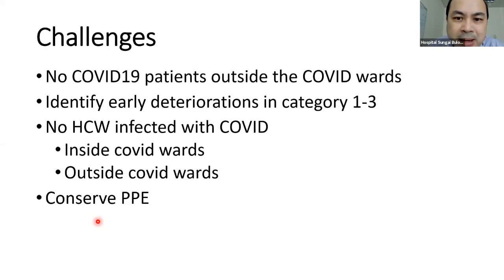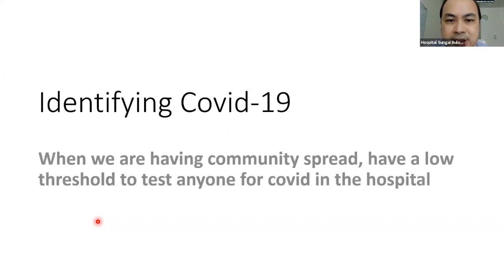So in order to ensure that there are no COVID patients outside of the COVID ward, we are suggesting this especially in areas where there's a lot of community spread. Currently, mainly in East Sabah, but actually even probably throughout the whole of Sabah and Kedah, there's significant community spread, and hopefully that scenario doesn't happen to the whole of Malaysia. Okay, so how do we identify patients who may have COVID? The main thing is having a low threshold, a high index of suspicion for people having COVID in the hospital.